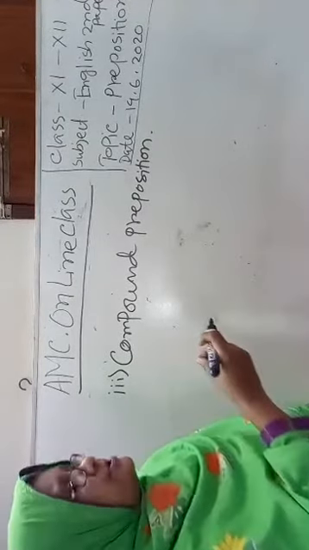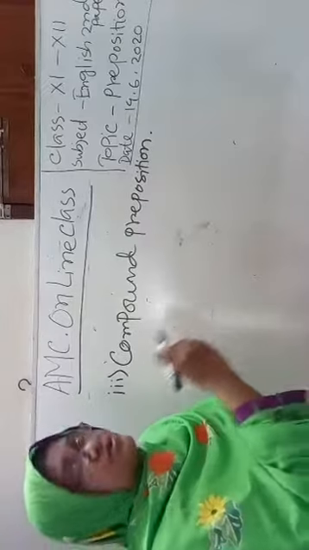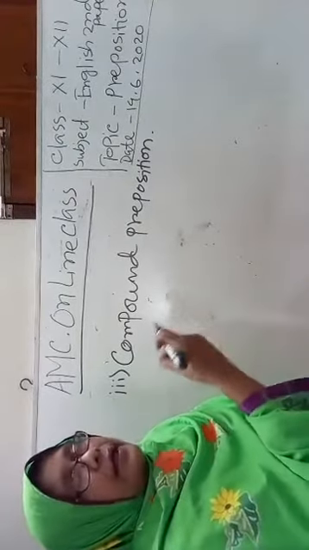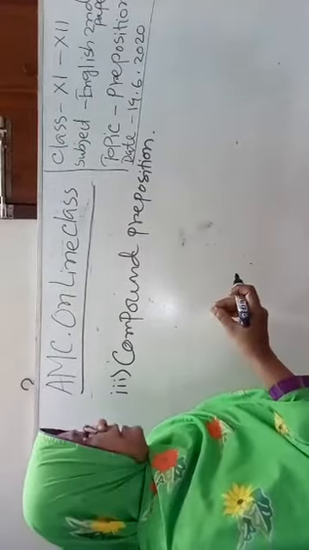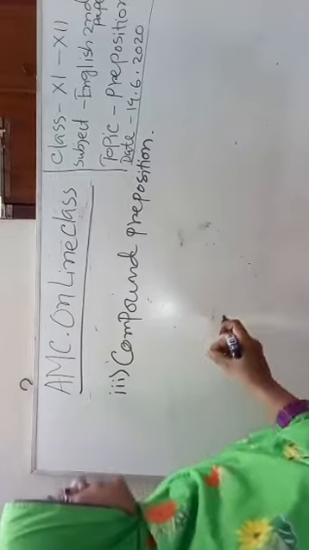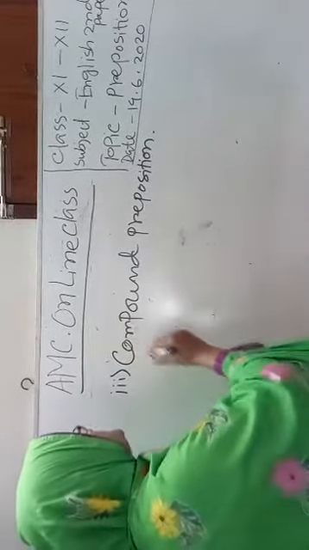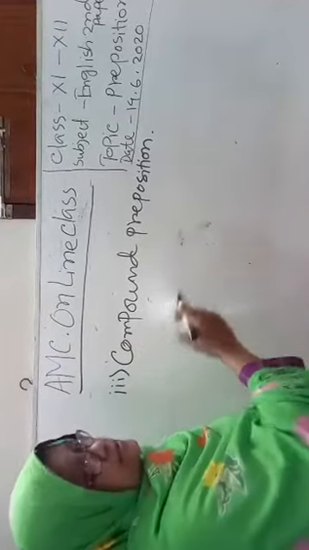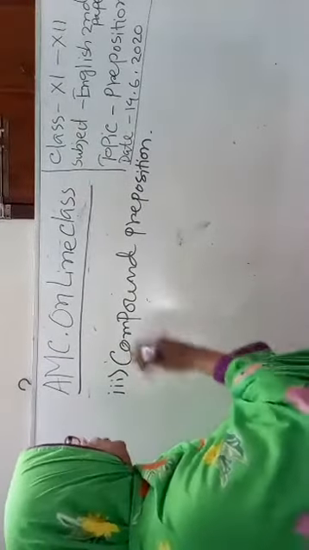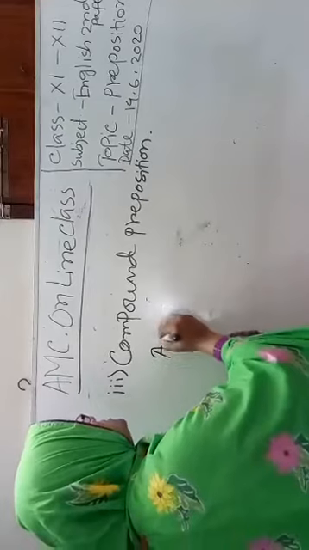In this case, a preposition combines with a noun, adverb or adjective and is also given a new meaning. Say for example, if we analyze some compound prepositions, we see across,